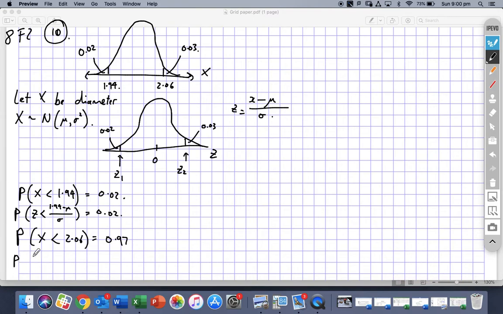And same as for the upper bound here, the z would have to be smaller than 2.06 minus the mean divided by the standard deviation. But it's the same probability, right? I can use inverse norm, all right? So Z1,